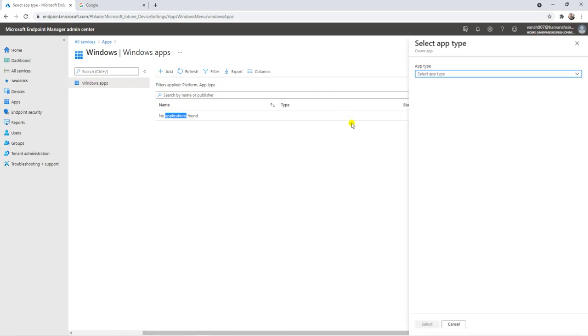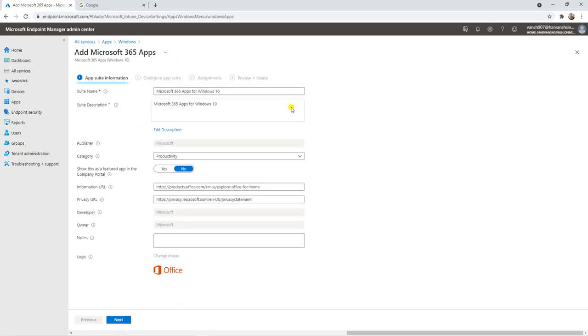If you want to add one, you can go here, click, and search from the Microsoft Store, Office 365 app, or Windows 10 app. You can just click here and search. For Windows 10, this application is available. You can select it and then it will work. If you select it, it will show how you want to manage or configure it.